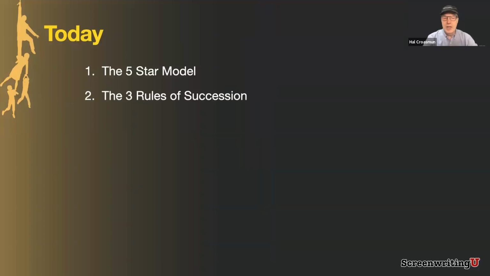Second, we'll talk about what I'm calling the 3 rules of Succession. And really, these are 3 rules that just come from 2 episodes, but I think they're present in most of the episodes. So it's an interesting thing when you see it from this perspective. We'll talk a little bit about their family values. Really, their family values show up all the way through this. Everything we're going to talk about today really are their family values.